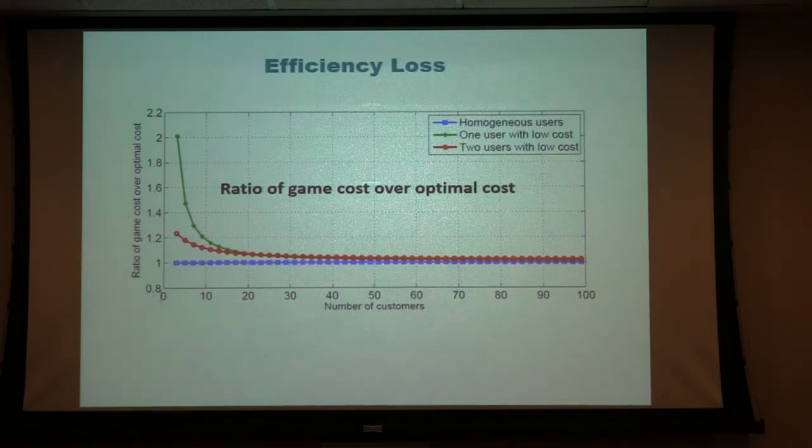Are users the customers? Yes, these are customers. The plot shows two users with low cost, and then you run the problem with 100 users. I keep only two big users, and then I increase the number of customers and users. The 98 small ones have relatively higher cost than the two. I believe the homogeneous users all have the same kind of cost, and besides the two, the others are homogeneous but with very different cost.